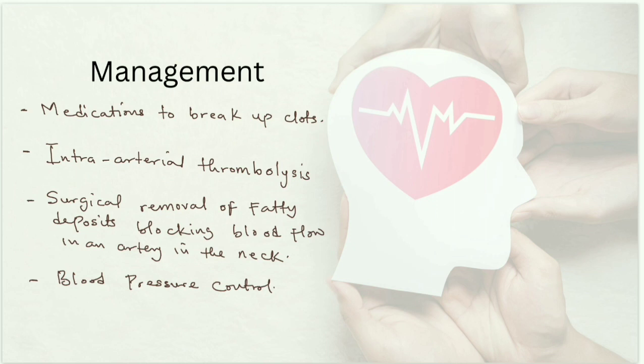Now, how do you manage? This is not for you to treat stroke at home. This is just for you to have an understanding of what the management entails. Number one is, stroke is an emergency and it should be treated as such. The moment you notice that this person is having features in keeping with stroke, take the patient immediately to the hospital. Don't say you want to waste time at home to see if they will give drugs, no, don't do that. Take the patient to the emergency facility immediately.